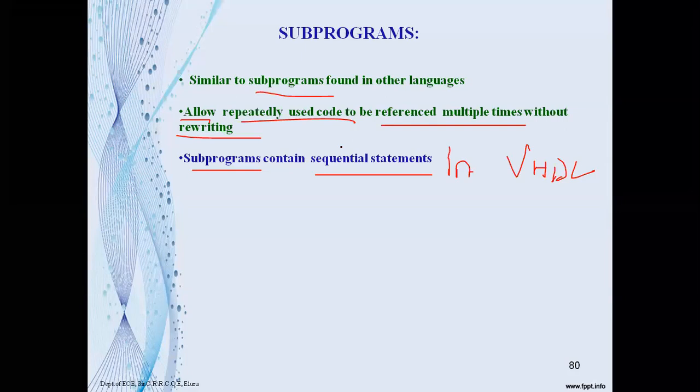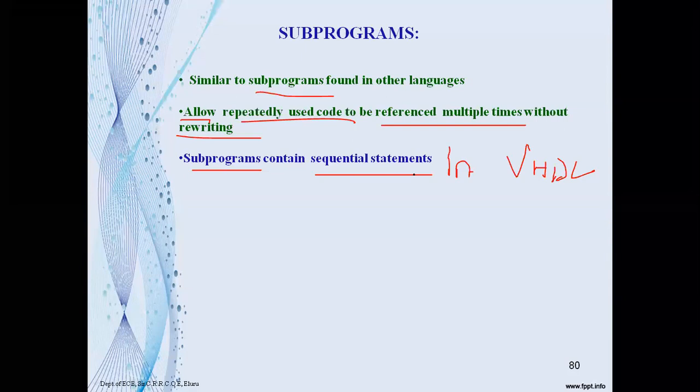According to the sequence, they execute one by one. So subprograms contain sequential statements, which means that whatever statements we assign in that body will be executed one by one. There is an order.